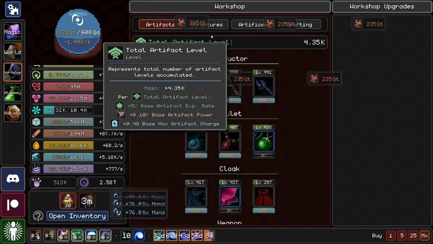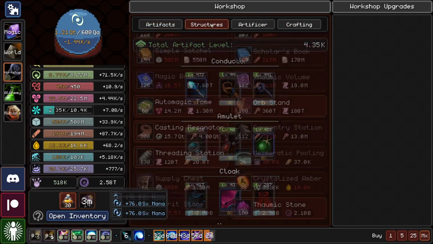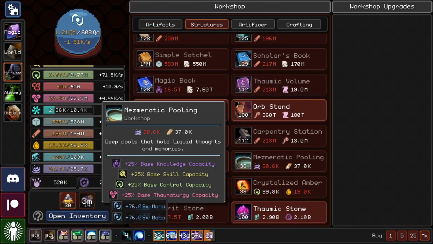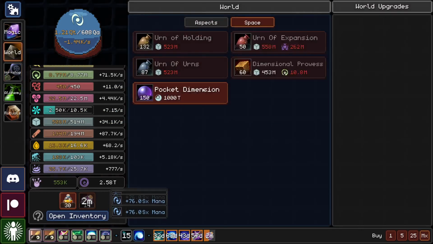So here we are at the workshop. I'm just still casting. Structures. Mesmeric pooling. Yeah. So if I can increase my Elementia capacity, then I can get more of these knowledge stats, which helps to increase my potion level. And for getting Elementia capacity, there's the supply chest, which is capped by space. And then there's also this,